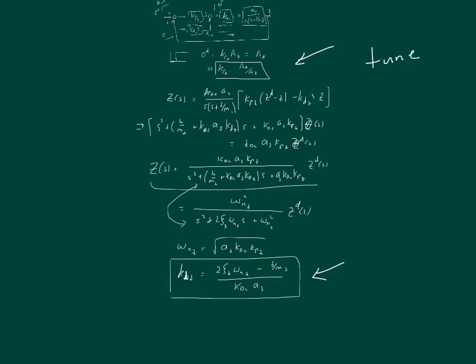We tune the maximum step size, a theta, for which the maximum force is applied, and the maximum step size, az, for which the maximum step is applied. Also, the damping coefficient of the inner loop and the damping coefficient of the outer loop. And typically an initial place to start with these is 0.707. Okay, so that's the design for the inverted pendulum, and you can download the implementation in Simulink on the